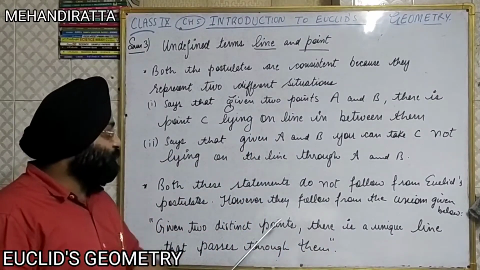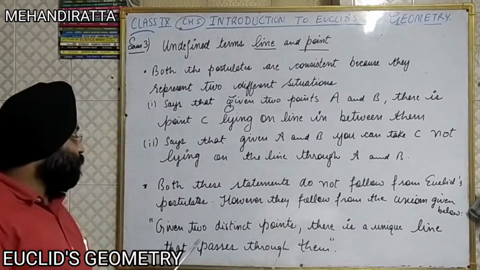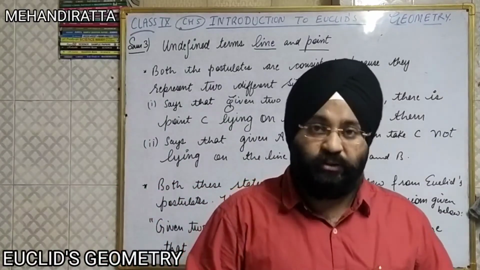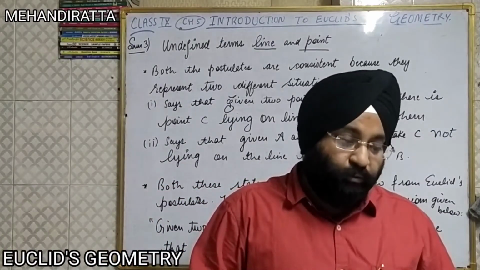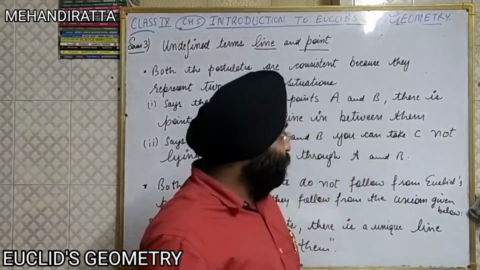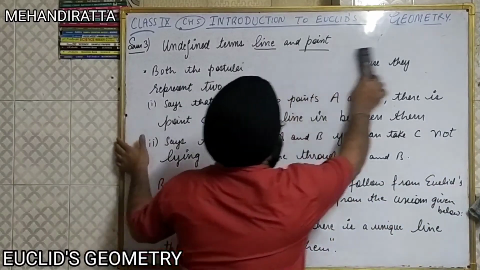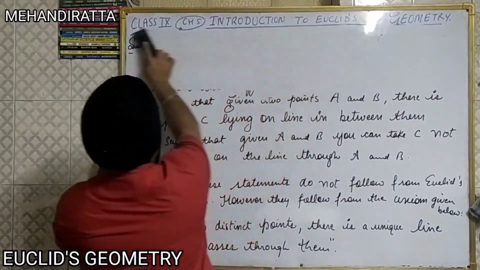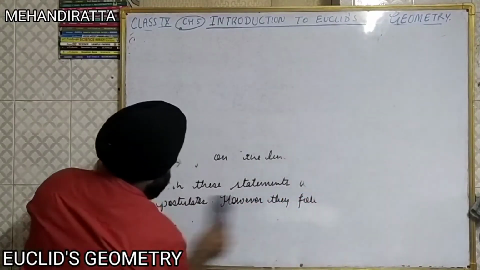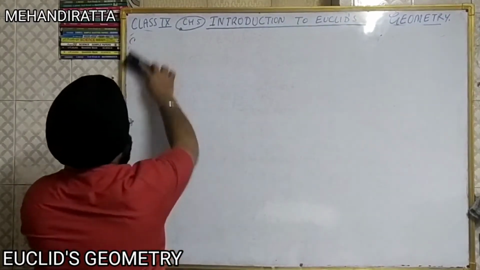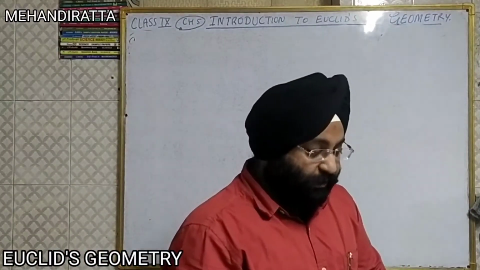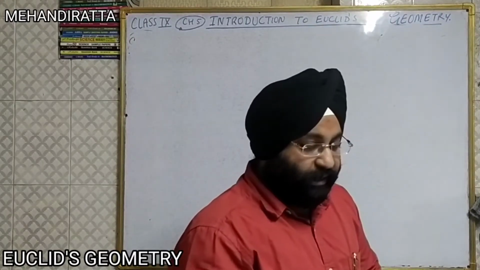Given two distinct points, there is a unique line that passes through them. So this was your third sum. Now is fourth sum. In fourth sum, what they say, if a point C lies between points A and B,